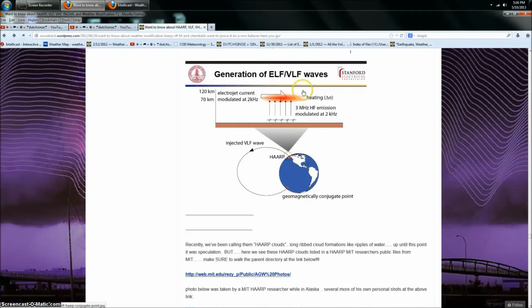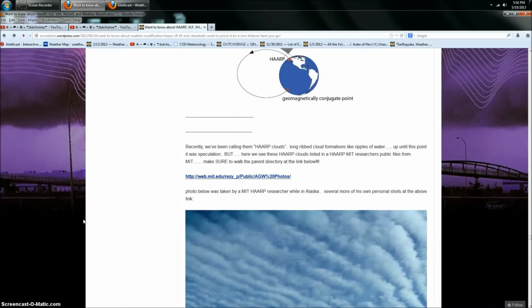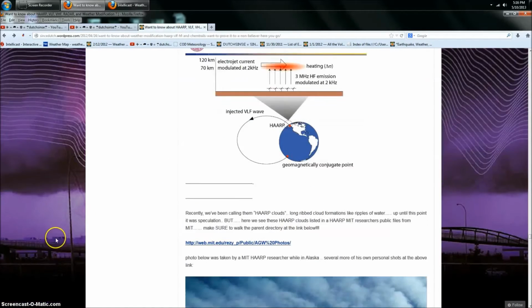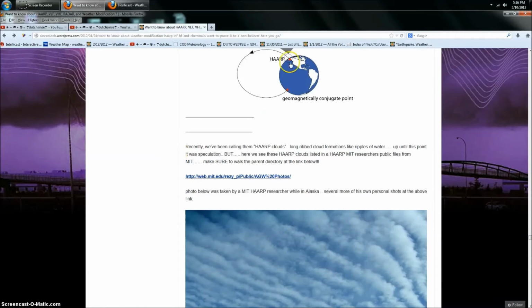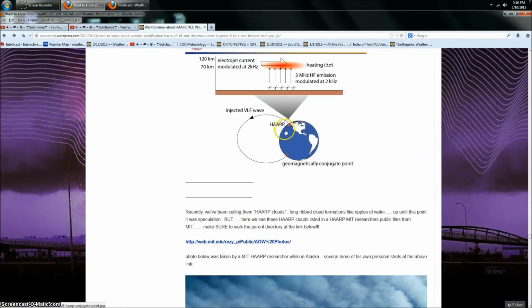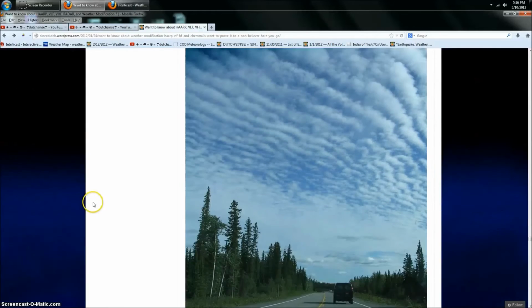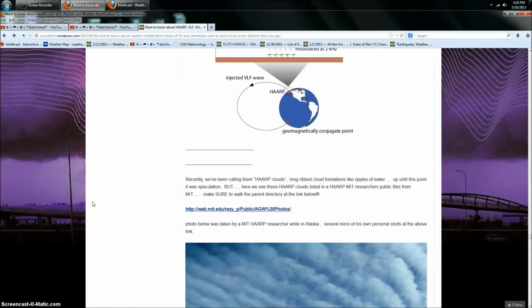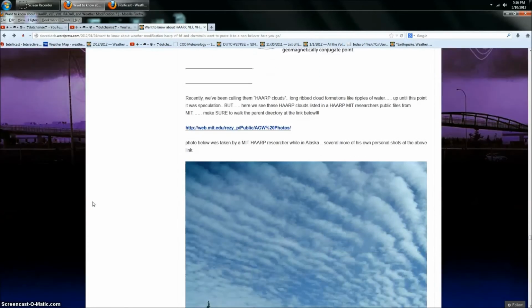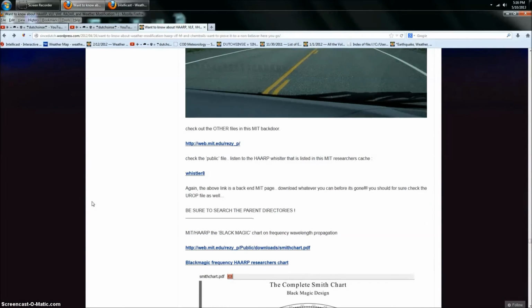Here's more on the HAARP conjugate points, all the way down here to the South Pole and back, and how it pertains to VLF-ELF interactions, very low frequency interactions up in the Earth's upper magnetosphere, where this all takes place. They'll pump a high frequency wave all the way up here into the ionosphere, where it then cross-modulates into a low frequency, and then cross-modulates back down into a high frequency once it gets back down to the point. That's another thing that you could look into. Efficiency scaling is what it's called. Okay, and we could just keep on going down this list here.